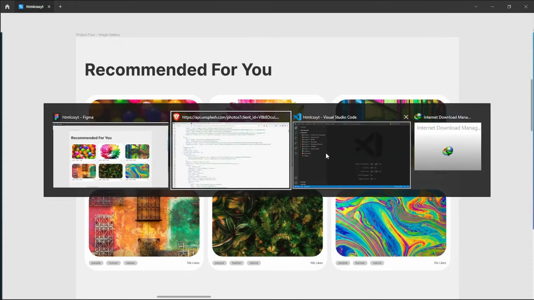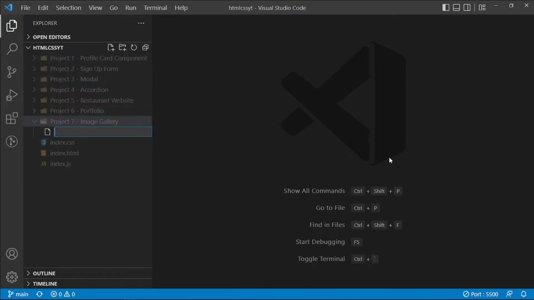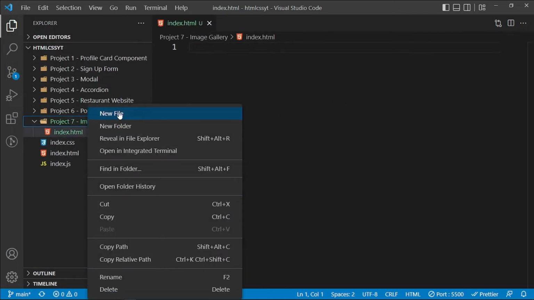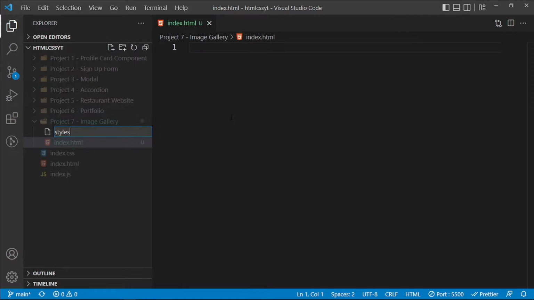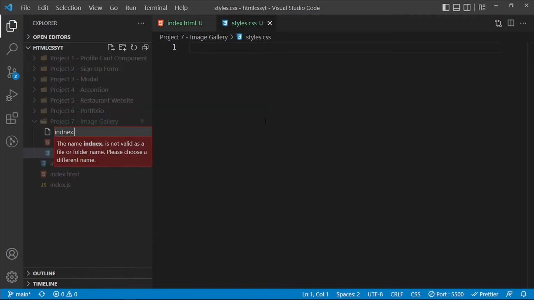And the first thing that I'm going to do is, inside here I've created a new folder, and this new folder is called image gallery. And inside here you can see it is empty. So the first thing that I'm going to do is create an index.html file. So index.html, and inside here I'm also going to create a new file called styles.css, and then I'm also going to create my index.js,